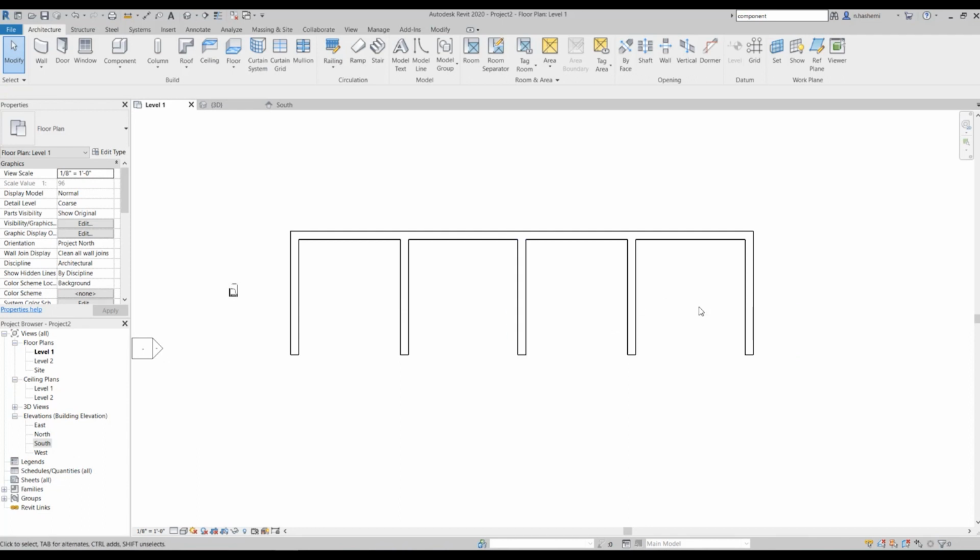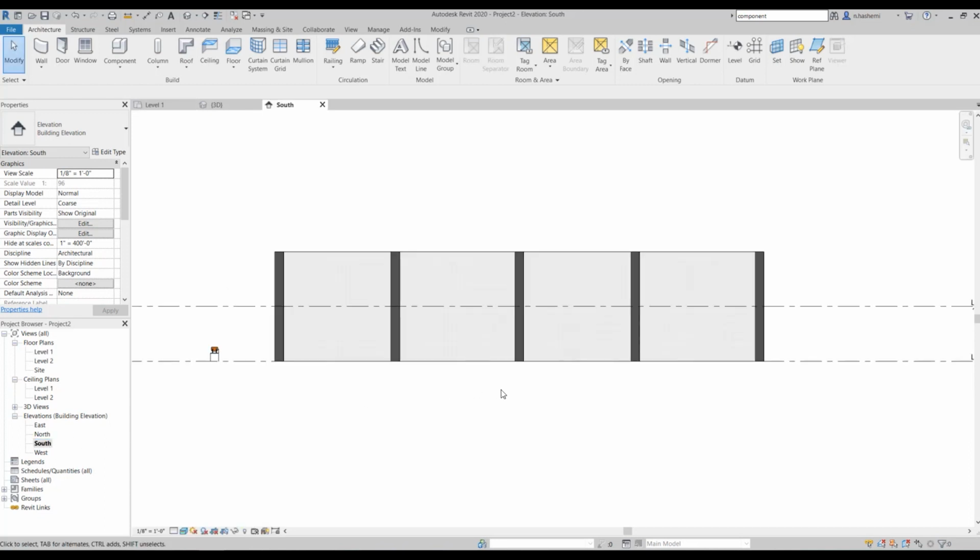Now let's switch to the elevation view. From here you can see that we are able to see the back of the wall of these offices, and that face is actually shared between all these offices. Now I may decide to change the color of the back of the wall in each office. For example, I want the first one to be yellow, the second one to be red, and so on.